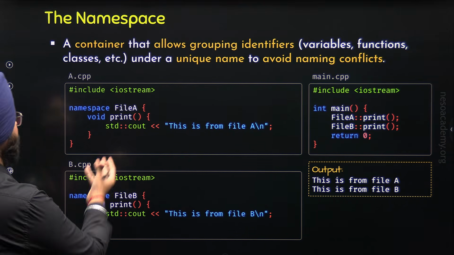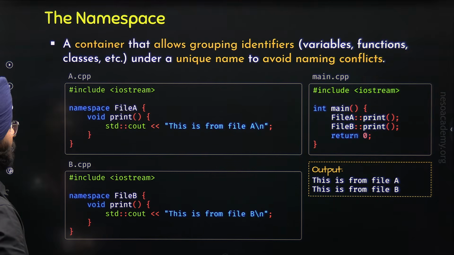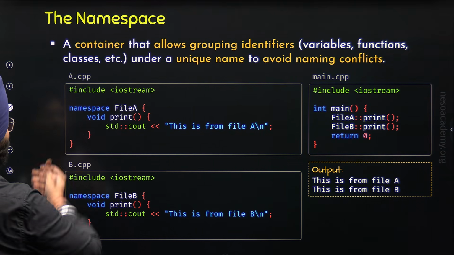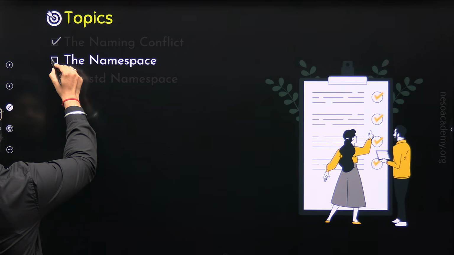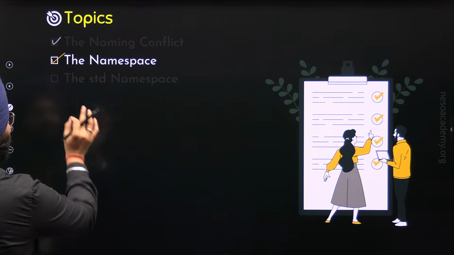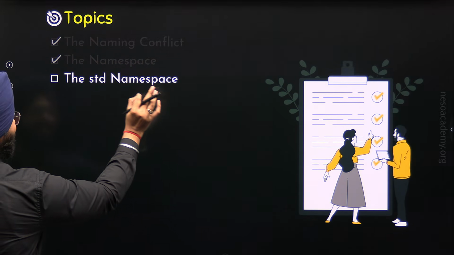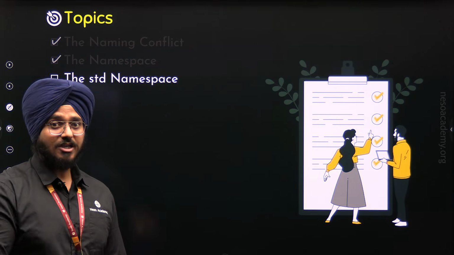So in this way, we can avoid naming conflicts with the help of namespaces. And with this, we have understood the concept of namespace as well. This means we are done with the second topic also. Now let's move to the third topic to understand the STD namespace, which is quite popular and widely used in